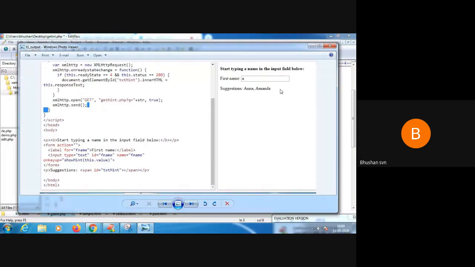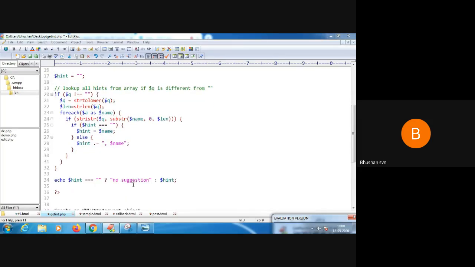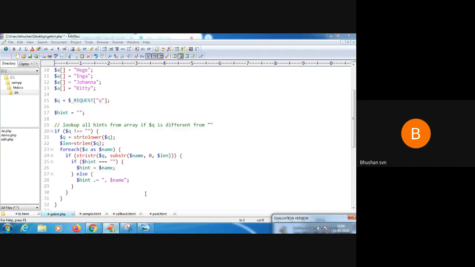If there are n number of elements, all those elements have to be displayed, and hint takes values say Anna, Amanda, etc. So that will be assigned to this, else it displays that there is no suggestion. So this is the output of the program.